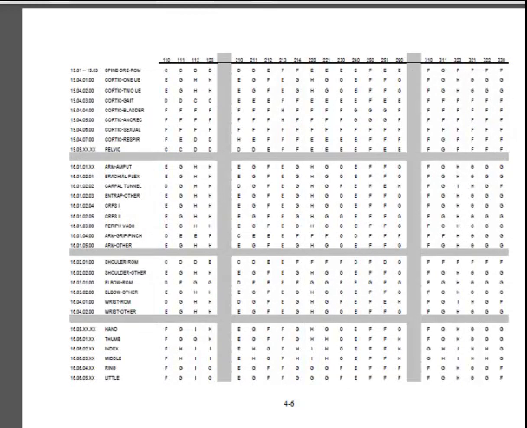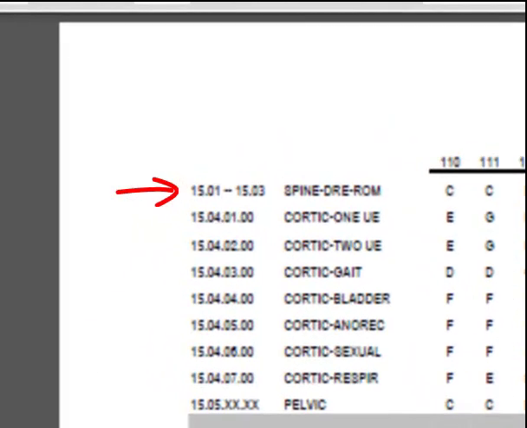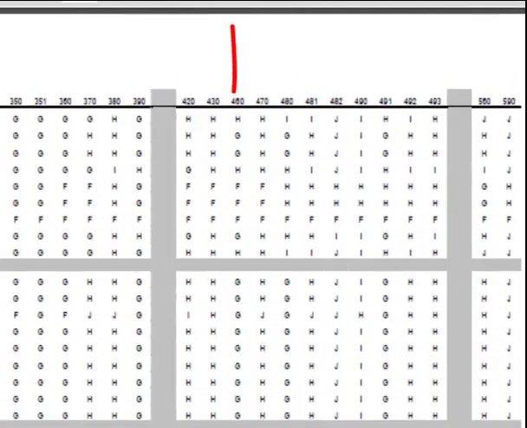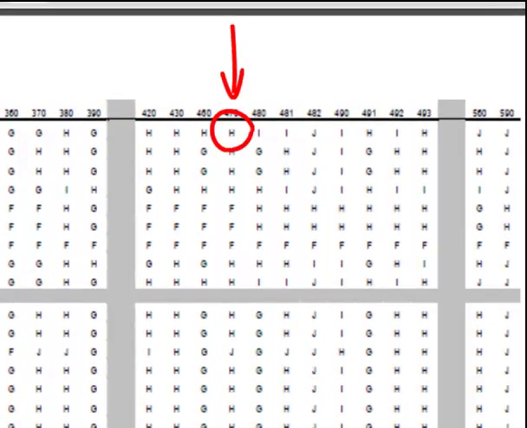The row where the impairment numbers starting with 15.01 to 15.03 intersects with the 470 column shows a variant H. So if we were writing out the rating formula, we would have entered